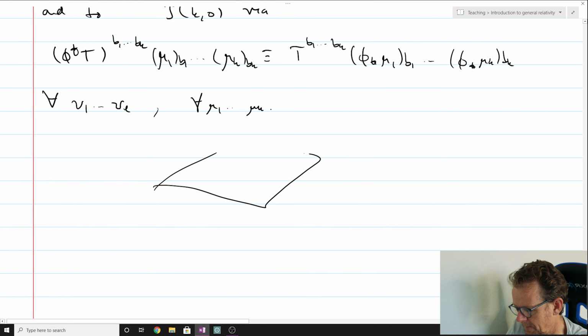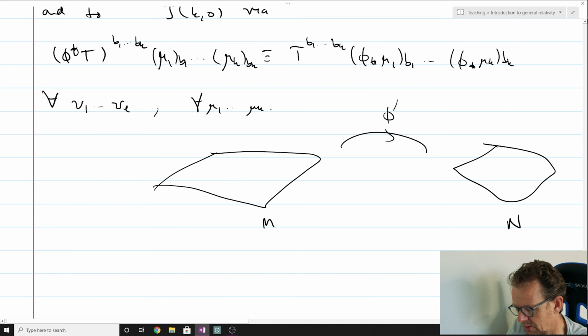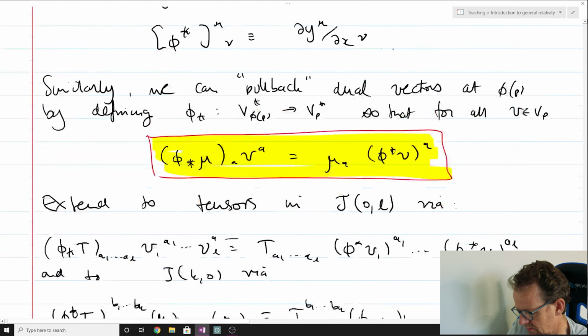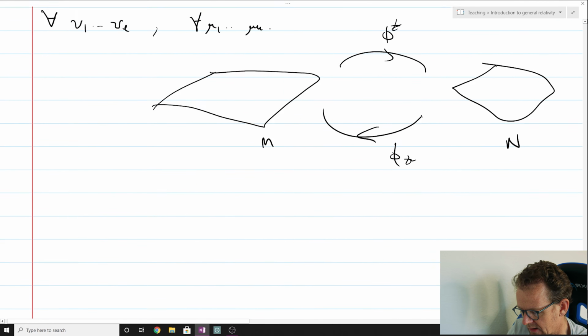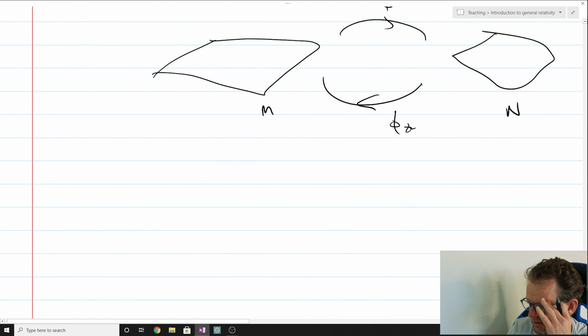So here's M, here's N. So phi star, the push forward, goes that direction, and takes tangent vectors forward, but phi star lower goes the other direction. Let me just check that that's consistent with what I've been saying. Yes, indeed it is. So, and that means that